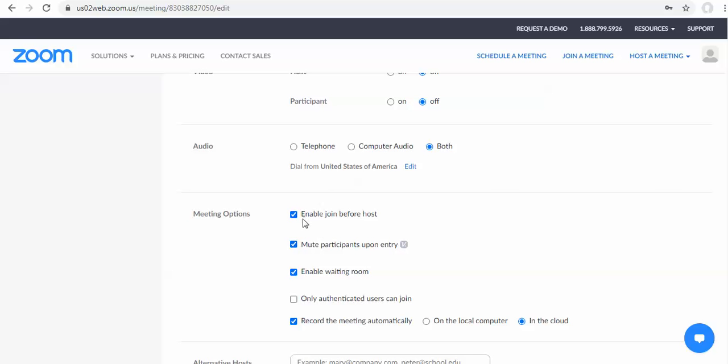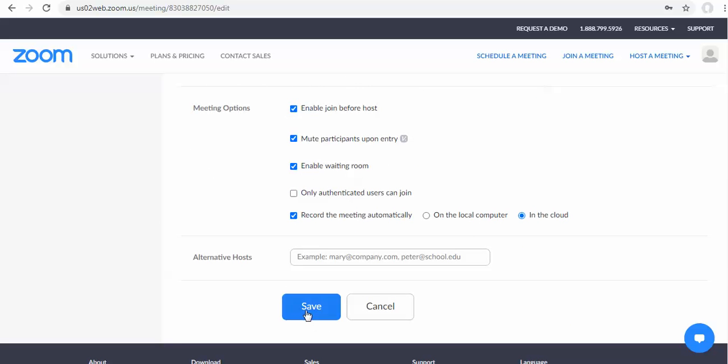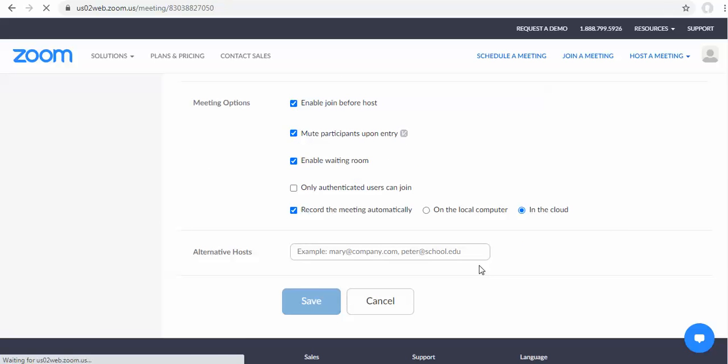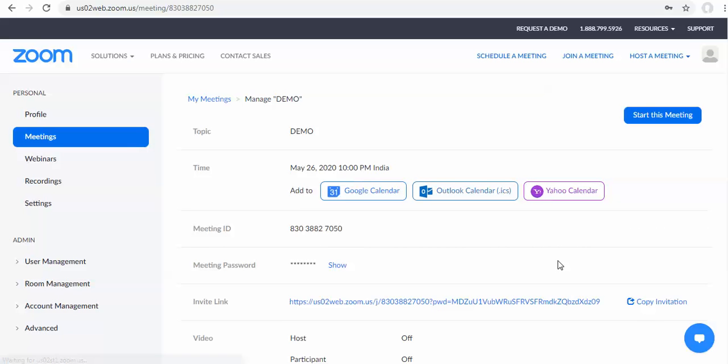So in that scenario I can click this enable button, so that before I start the meeting, students can at least enter the meeting and the session and they will be waiting in the session. If I do not click this, then they can see only a loading button, so I think students might not get good feedback. So these options are there so that students can at least join the session properly. Okay. So I click this option and save it. So this is how you can edit as well.